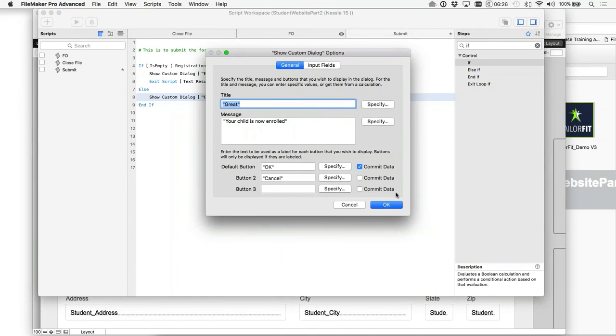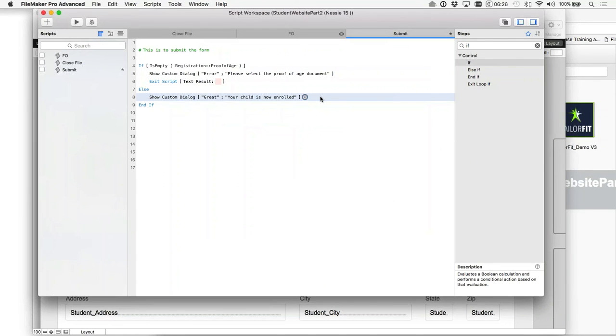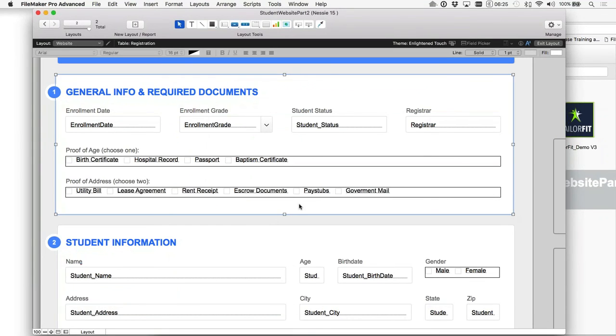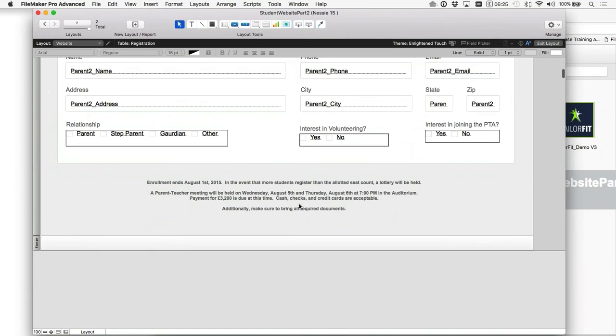Fantastic. And we're not going to do anything, but we could at this stage then maybe send them to another layout or send them to the school's homepage, let's say, something like that. But we'll leave that as is for the second. So I'm just going to save that script and come out of it,